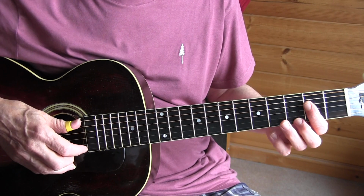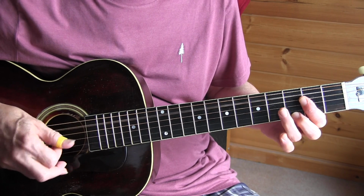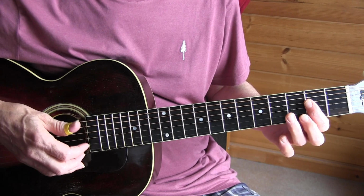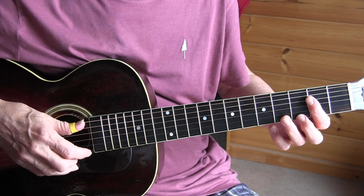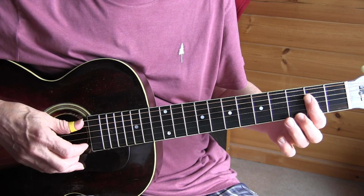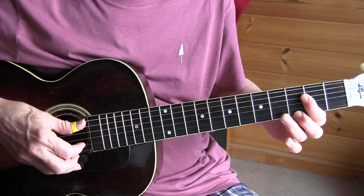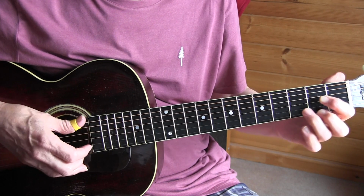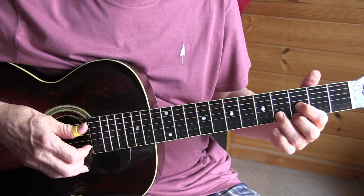Alright, we were in the 3rd bar. And notice, well, the muting, it's all done with this part of the thumb. Play it very slowly. We're sliding into our...